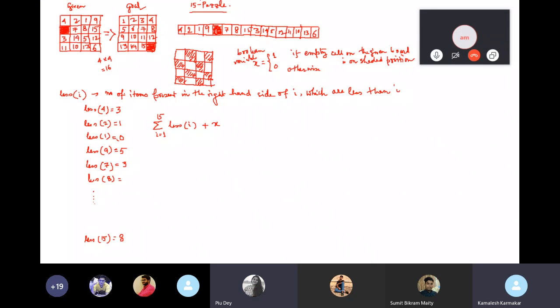So for this given instance, what will be the value of x? Here the value of x is 1. So you will calculate the sum of lesser values, and after calculating this value and x, you will get some result. Now if this result,